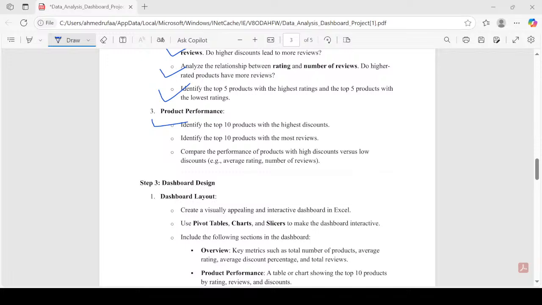Okay, so this is Power Query. You guys can check it out. You can also do it through Excel, but I prefer Power Query because it is fast and efficient. So it takes me to another sheet. Now this sheet, you can name it based on reviews. So top 10 products